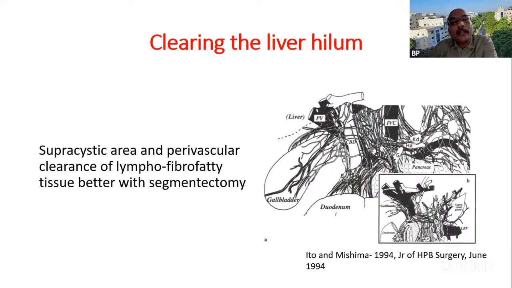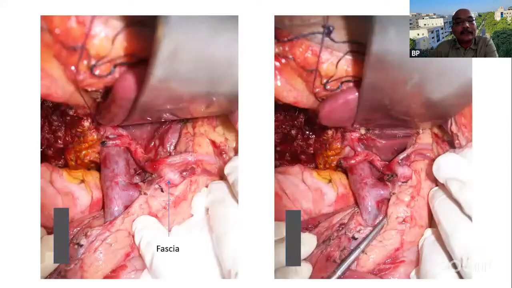But what is the advantage of bisegmentectomy is, as you know, the gallbladder lies on the right side of the hilum. Once the segment is removed, it gives a very good clearance of the lymphatic area. So this area will be very clean, but if you do a wedge resection, normally we try to preserve that last part of the area away from the fundus, and we try to compromise on the lymphatic front. So this is the advantage of a segment 4B5 resection on the lymphadenectomy front. So it will give a very good idea about the bile duct and if it is to be resected as well.